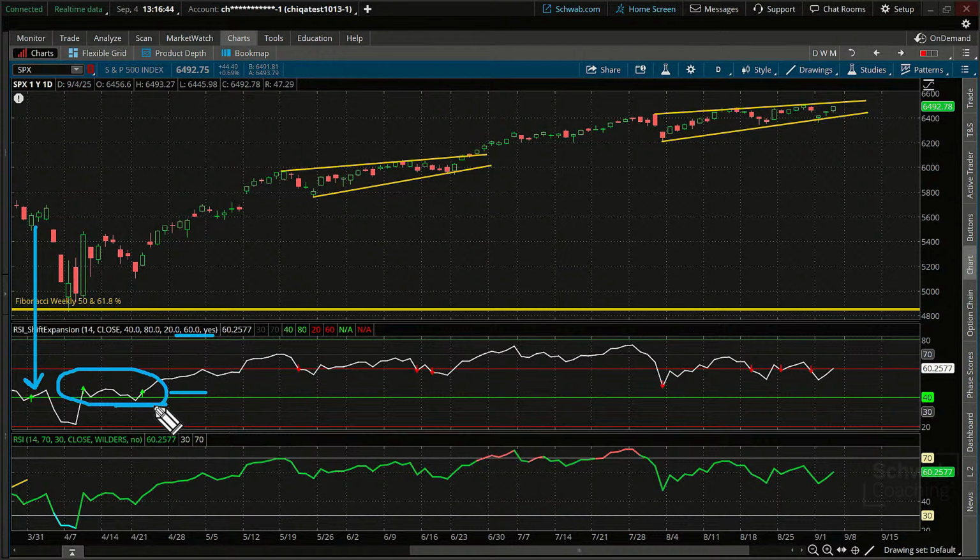Okay, let's just review this side. I'll change up some colors here. Notice you have to cross, though, above the level. So in other words, you have to be below 40 and then get above 40 for the bull sign. You have to be above 60 and then below 60 for the negative sign, right? Now, over here, we didn't get below 40. Okay, so we did not actually get a signal in here. We're already actually quite high, but at this point in time, the trend has already changed and you're going up.